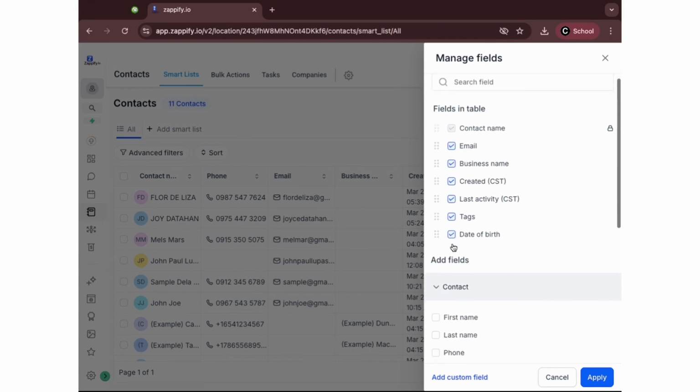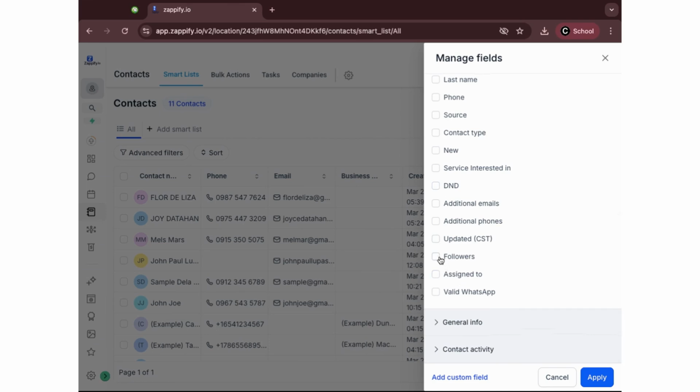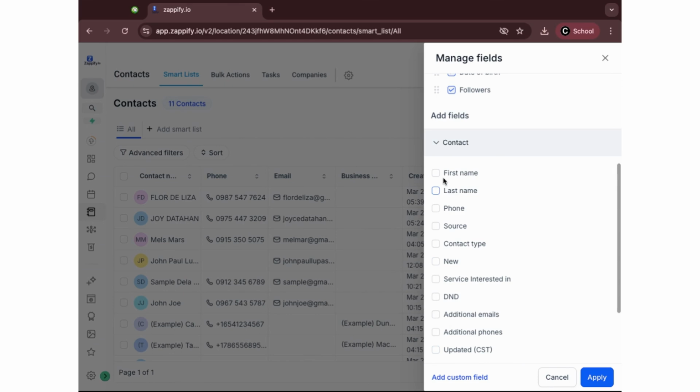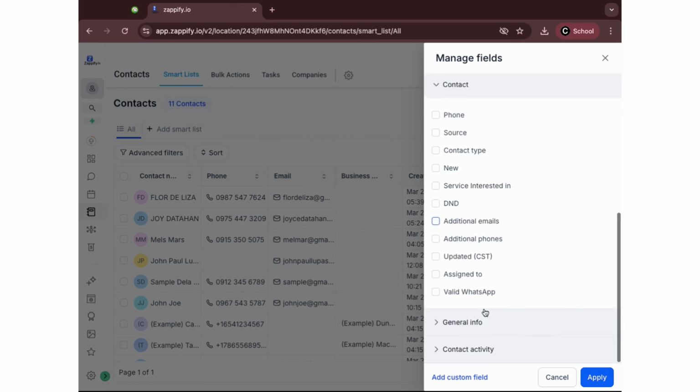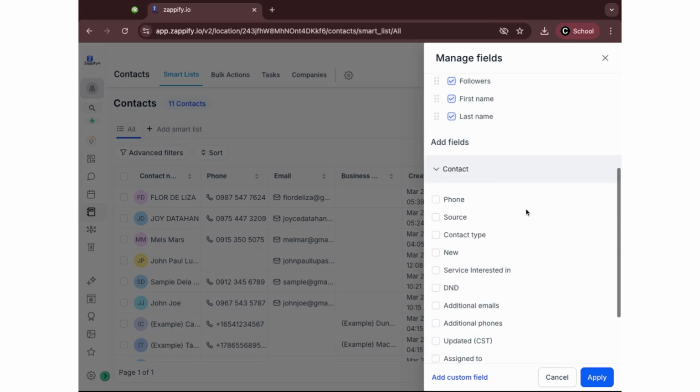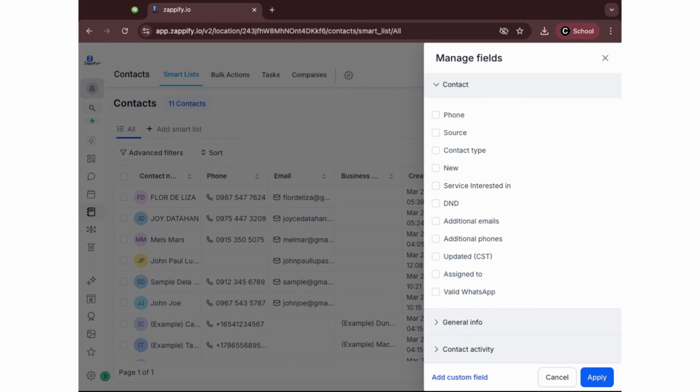What's more, their followers, first name, their last name, and so on. So save the list so it automatically updates whenever a contact matches your criteria. So apply all of the changes